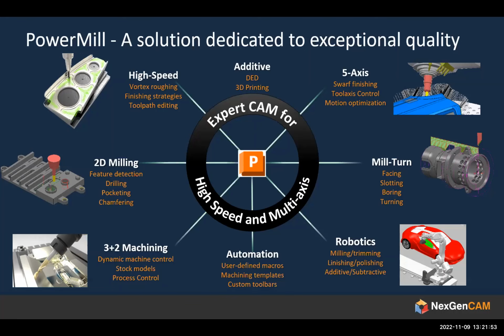We also have capabilities within additive, and turning when it comes to the larger mill style turning. So if we're actually looking to profile on a milling machine and turn with your milling machine C-axis, those are capabilities that PowerMill does have. We also look at it from the 2D standpoint for feature recognition and direct, I would say,